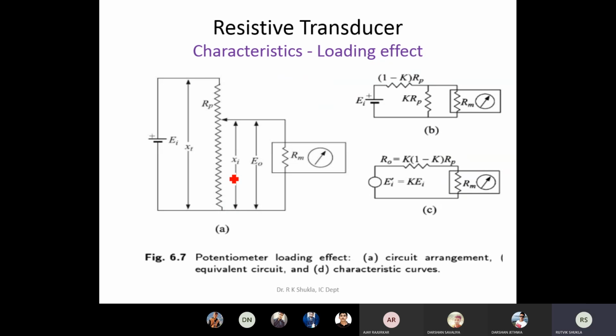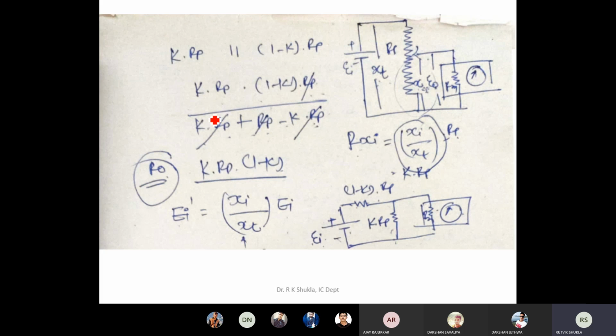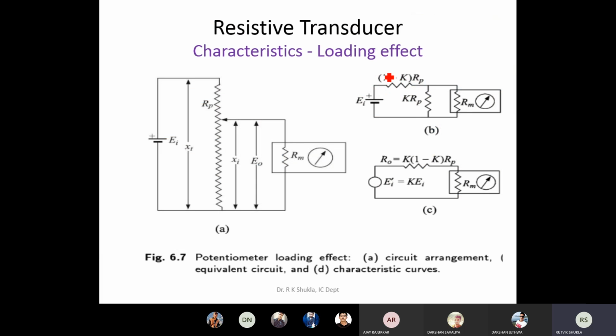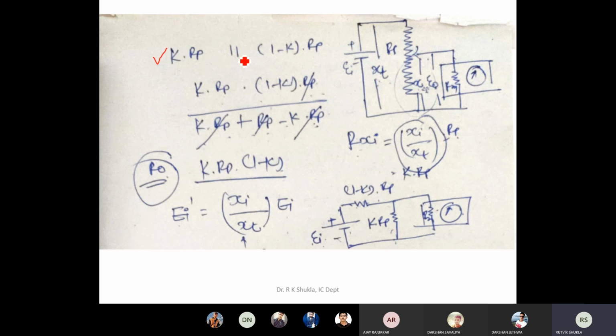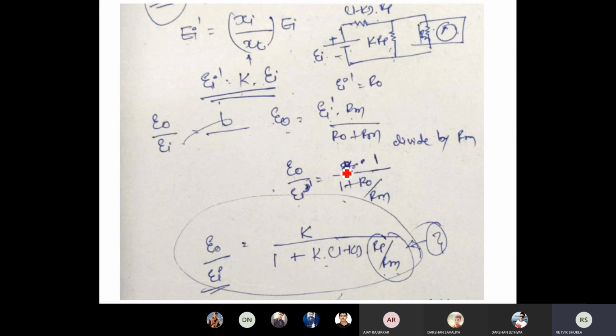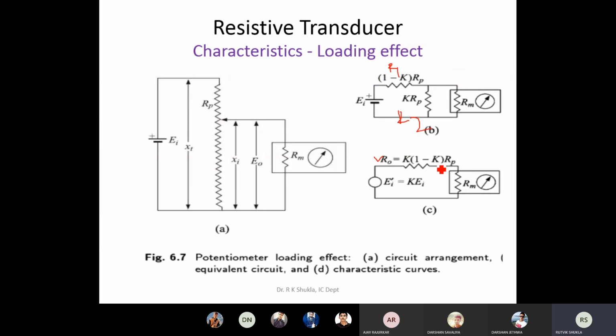આપણે જે કઈ સ્ટેપ જોયા એ તમને ફરી વખત એક વખત બતાવી દઉં જે મારી રીતે મેં સોલ્વ કરેલા છે. So till now અહીંયા સુધી ખ્યાલ આવી ગયું છે દરેકને. I hope this is R1 and this is R2. Now if you want to identify, what I am going to do is find out the parallel combination of R1 and R2, that is KRP in parallel with (1 minus K) into RP. So KRP (1 minus K) into RP upon KRP plus RP minus KRP. So if you simplify this, you can find out the RO. So RO is equal to K into RP in bracket 1 minus K. So that is over here, K (1 minus K) into RP.